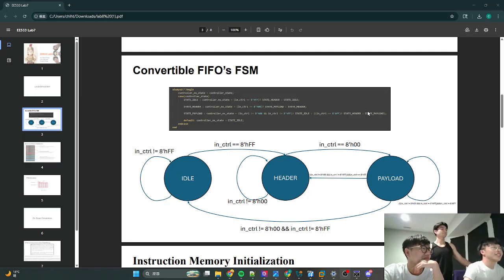And first, take a look at our convertible 5-volt design. And this is our finite state machine diagram. We have three different stages, which is idle, header, and payload. So in our idle stage, we wait for FF header to show up, which means the start point of our whole packet. So if this FF header shows up, we'll transfer it into our header stage and